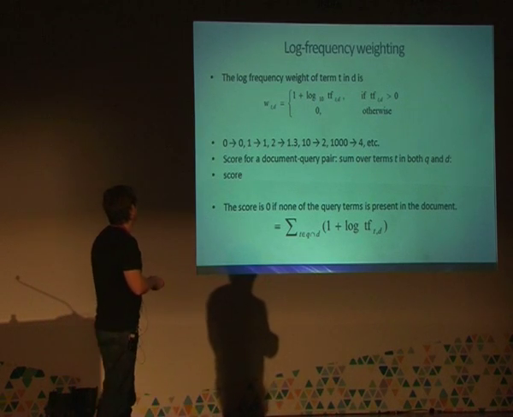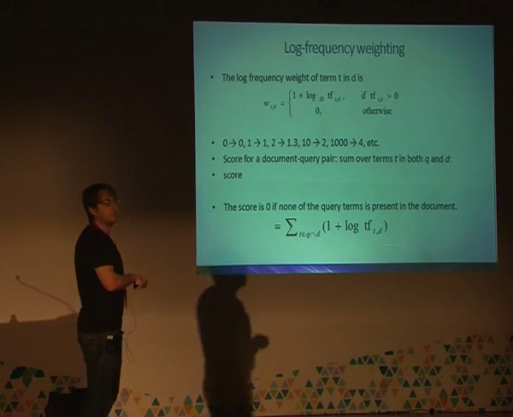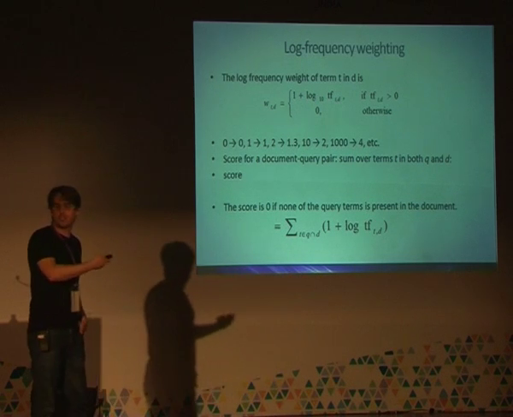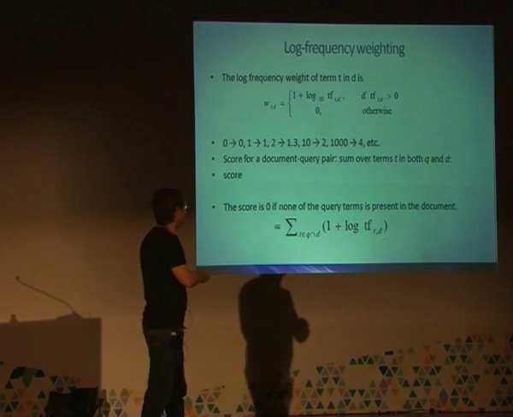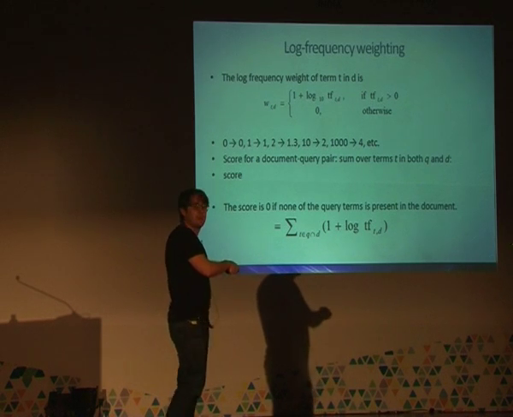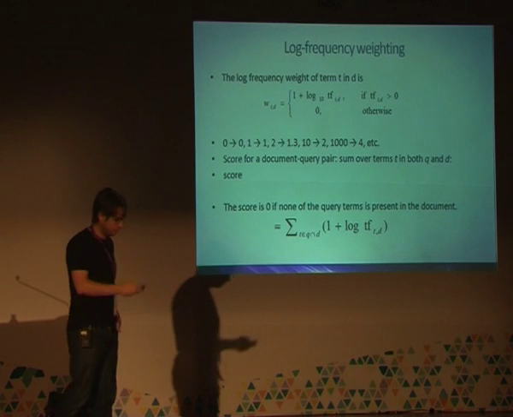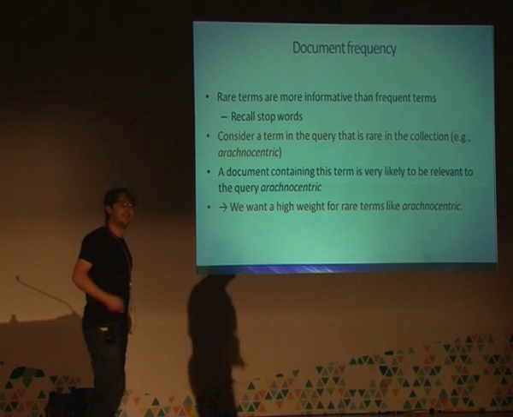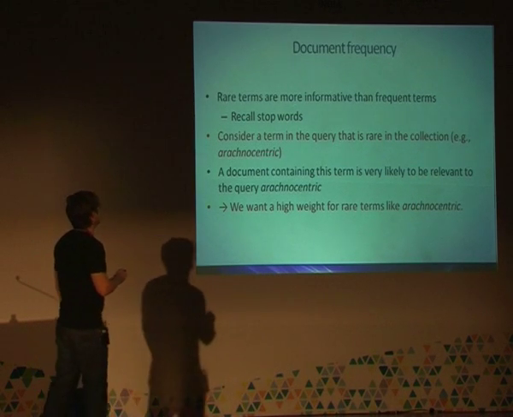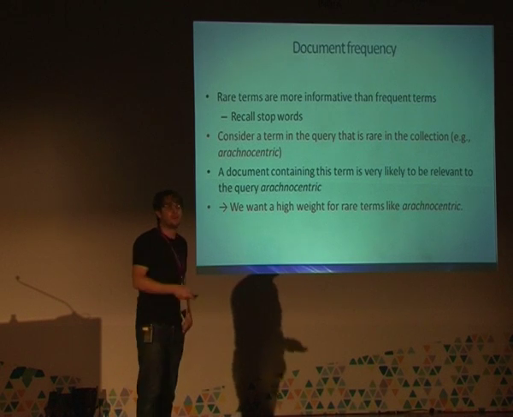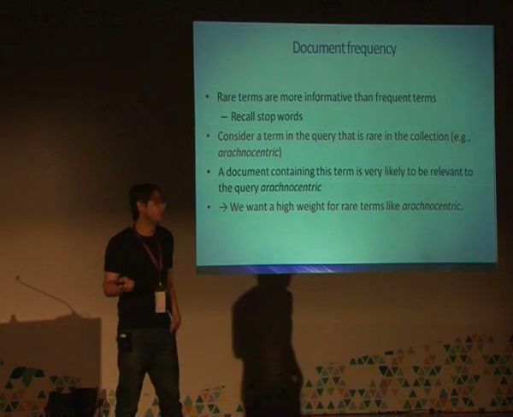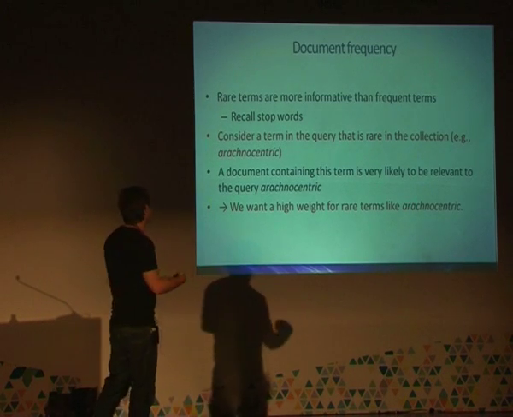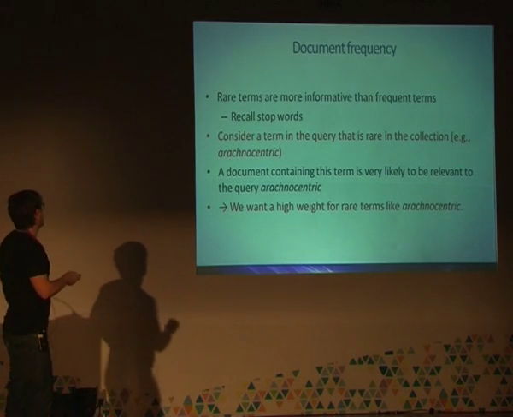So essentially, in the end, this is one simple formula based on term frequencies, and your simplest rank retrieval model. For every term that occurs in both the document and the query, you sum 1 plus the log of the number of times it occurs in the document. All right? Super simple. Now, how can we get beyond this? Well, we can incorporate Luhn's findings into this, which is that rare terms are more informative than frequent terms. If a term is used by every other document in your collection, then possibly it's not very discriminative for determining if the document is relevant or not. So consider a term in the query that is rare in the collection. So, arachnocentrism.